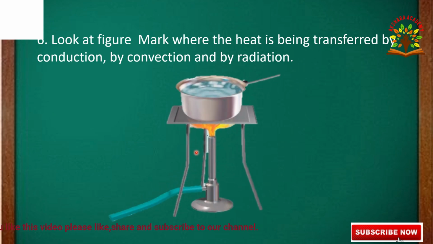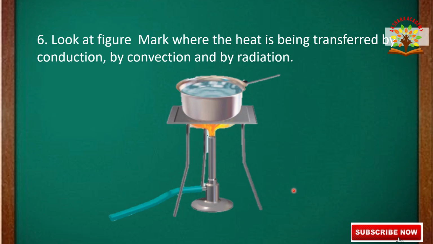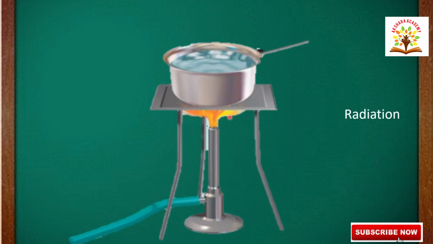See the figure below. In this, we are taking a bowl and we are placing it on the stand with the help of the Bunsen burner and a tripod stand. We are supplying the heat and the heat is transferred from higher temperature to lower temperature. See this diagram, in which parts heat is transferred by the process of conduction, convection and radiation. Let us see one by one.